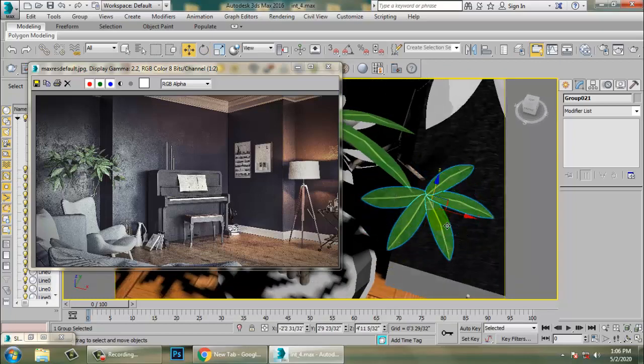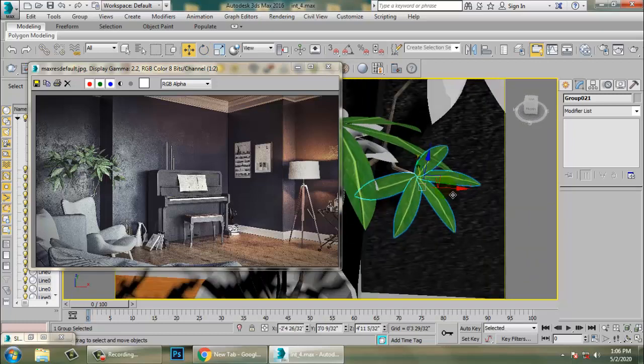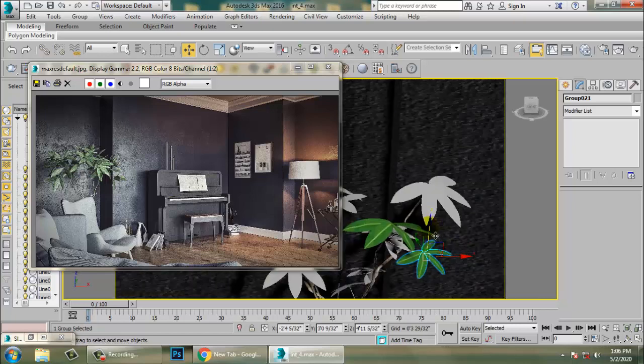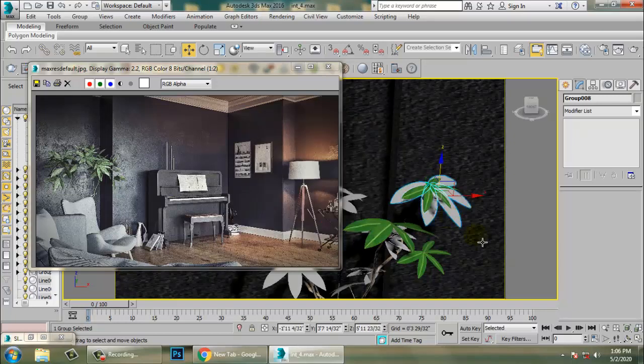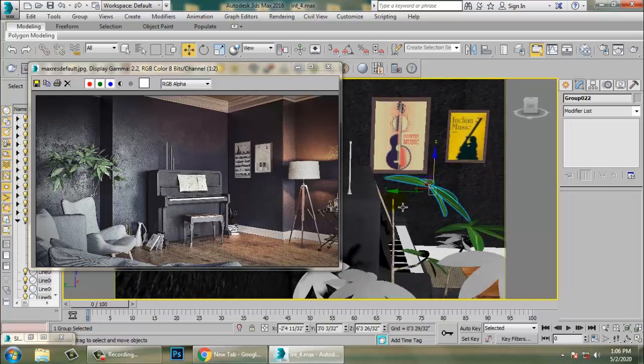So you can just place this in this right area. So just push this up, copy it, delete this stuff and scale this, and make sure you are placing it in the right place.